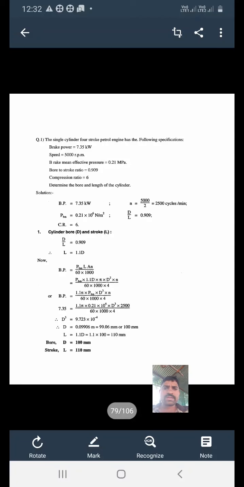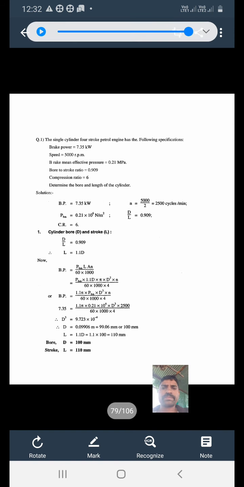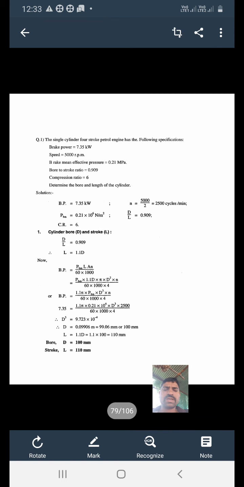Good afternoon, guys. Today is the last lecture of design of IC engine component. We have seen all the theories related to design of IC engine components. Also, we have seen some numericals on the design of the piston, design of the barrel, design of the ring, etc. Today we will also solve some numericals on